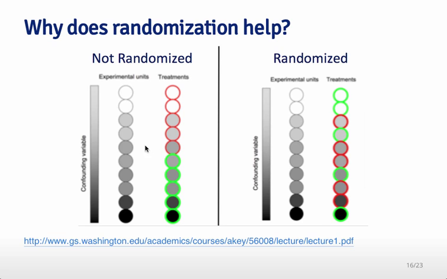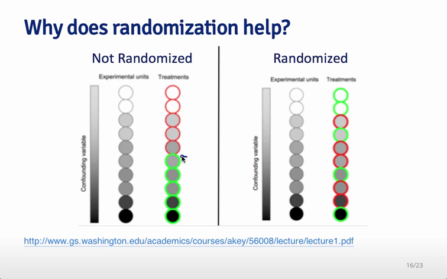Why does this help? So suppose that there's a particular study that we're performing, and suppose that there are 10 experimental units that look like this. So suppose there's a confounding variable, and lower values of that confounding variable correspond to lighter colors, and higher values of the confounding variable correspond to darker colors. So you have these experimental units, and suppose they're ordered by the values of the confounding variable,